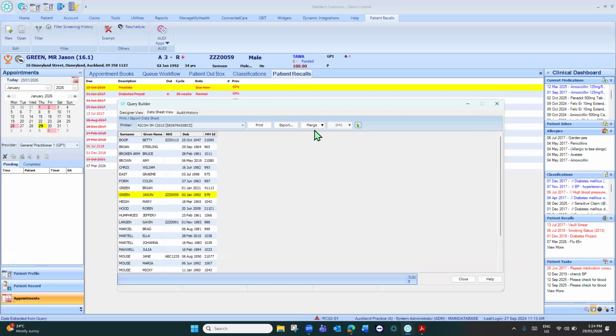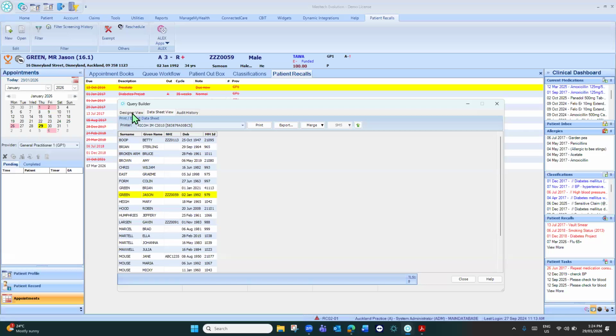Now, merge field. Now we've got the function, we've got to understand what this arrow means. Let's look at the merge. Merge will allow you to add the recall into the list of the patient. I'll just show you here. You can actually add the recalls in the list of the patient. Now, what type of patient do we need to add the recalls to? Since the flu season is around the corner, let's have an example